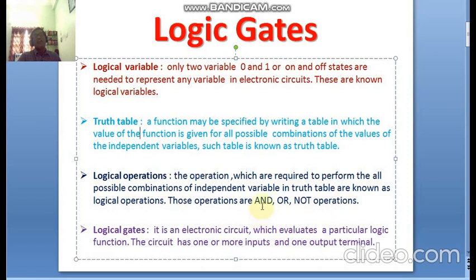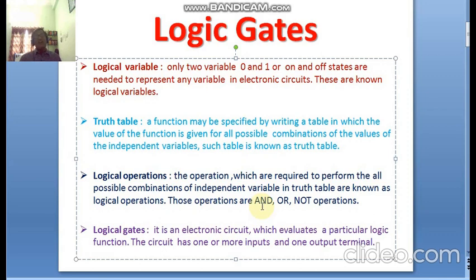Here in the AND operation, C is equal to A and B. It is represented mathematically with a dot. It represents the product of the individual variables A and B giving the value of C. Then that operation is said to be the AND operation.